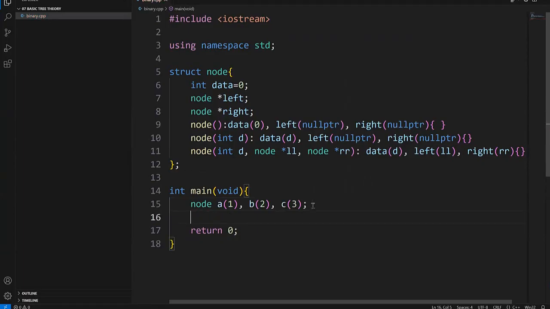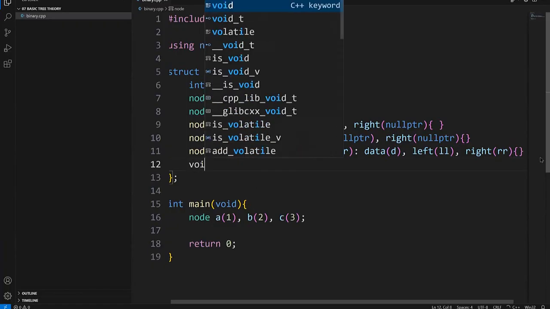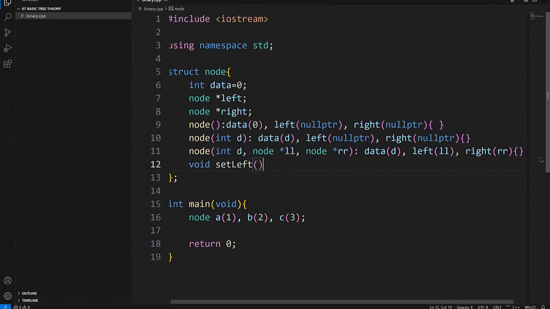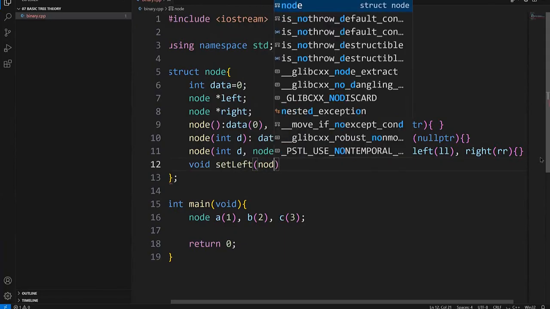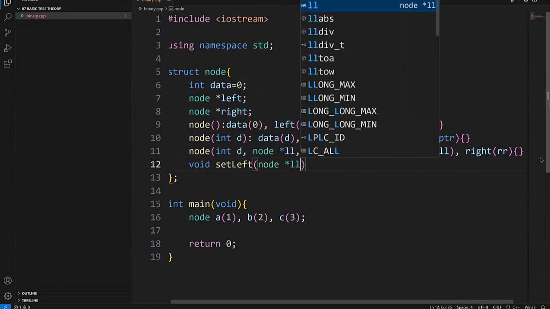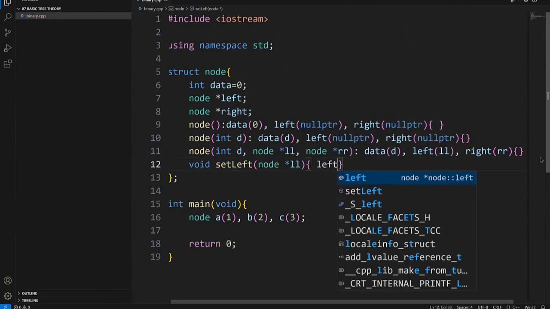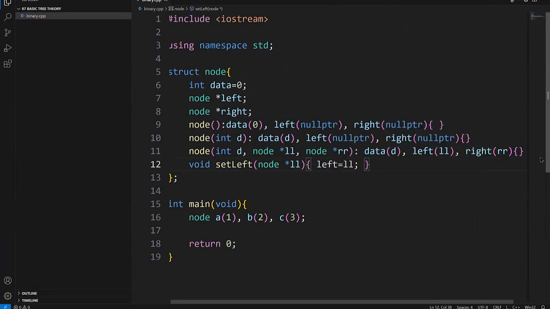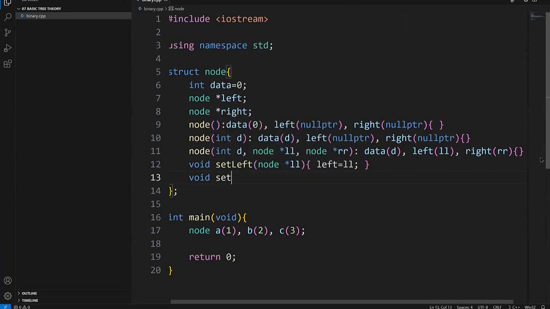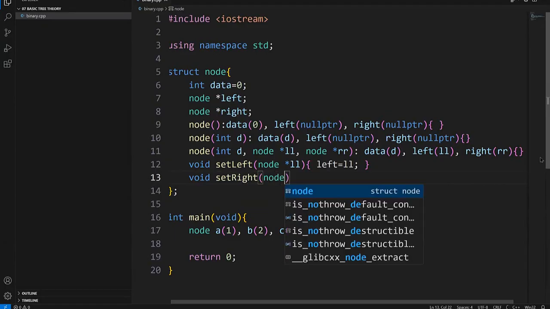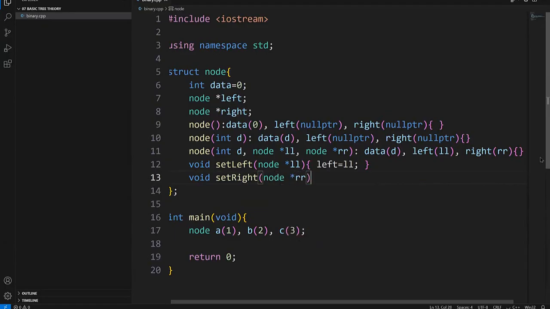Okay, so we create three nodes, and then, okay. So right here you can have